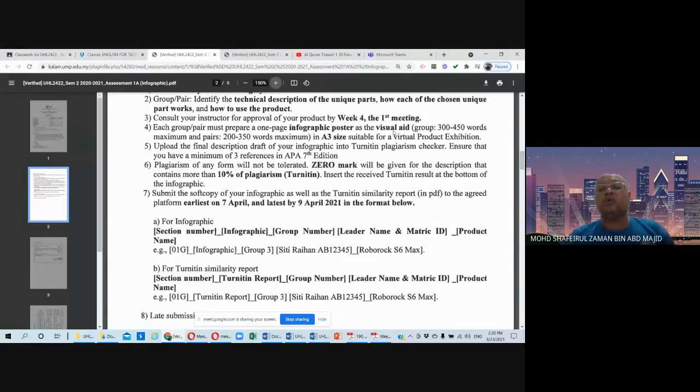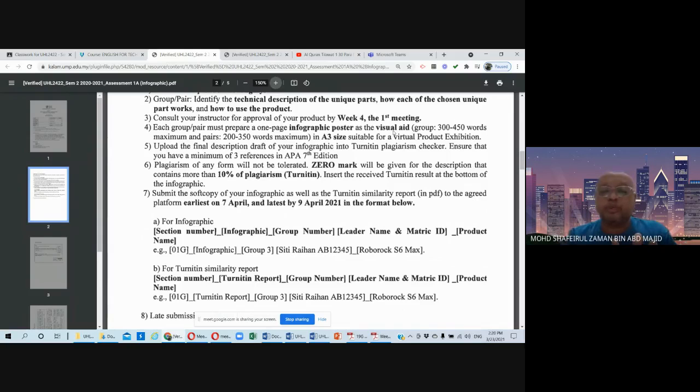So when you are going to present for assessment 1B, the digital technical oral presentation, you are not going to use PowerPoint slides. In this case, you are only going to refer to the infographic poster. Whereby for the poster, you're going to put the picture or the image of your product, the approved product, at the center of it, and then you're going to highlight with arrows what are the main parts or subparts that you are going to present in a group.